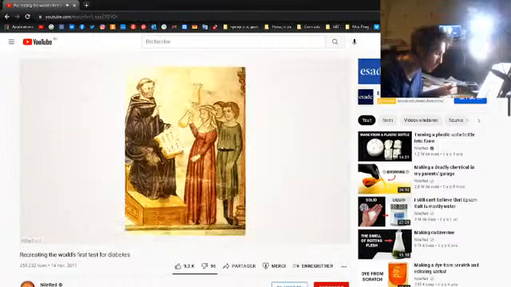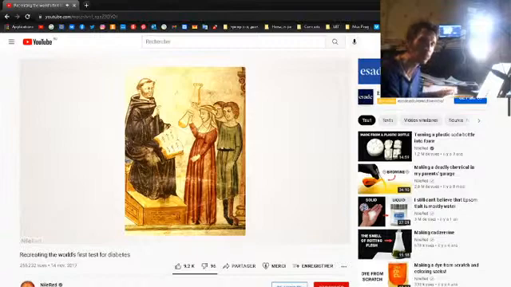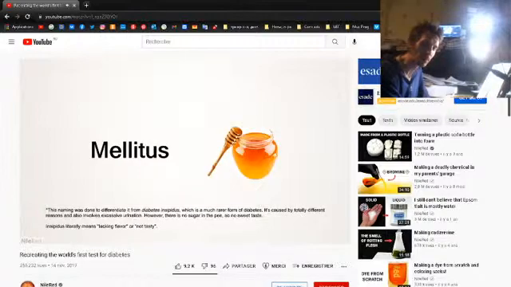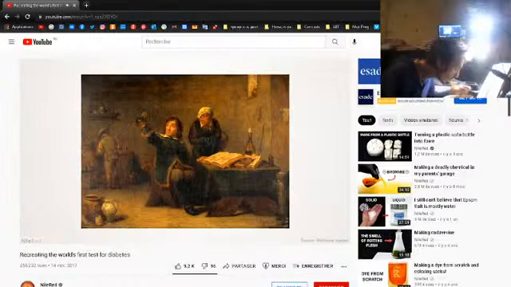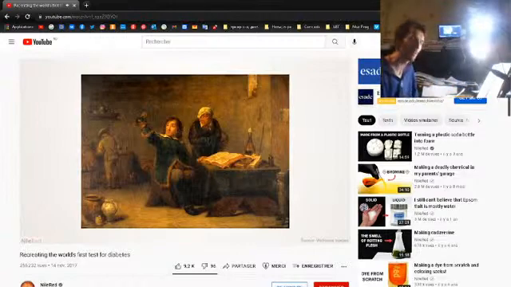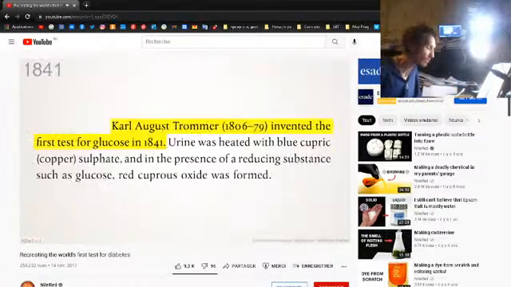The earliest and only diabetes test for a long time was to taste the patient's urine. If it were sweet, the person was likely diabetic. This unique characteristic eventually led to it being called diabetes mellitus, where mellitus literally means sweet like honey. This pee tasting method continued for hundreds of years, but it obviously wasn't ideal. It took until 1841 for Carl Traumer to develop the first chemical-based test,